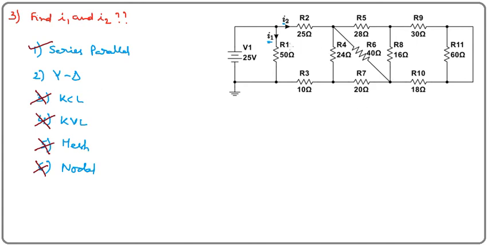The current is flowing in this way and it is divided. I2 is divided into three parts here, and after that, at this point again the current is divided into two parts. At this point again the current is divided into two parts. It is reaching here. Current is like this, and like this. Yes, so it is reaching the negative terminal of the 25 volt supply.